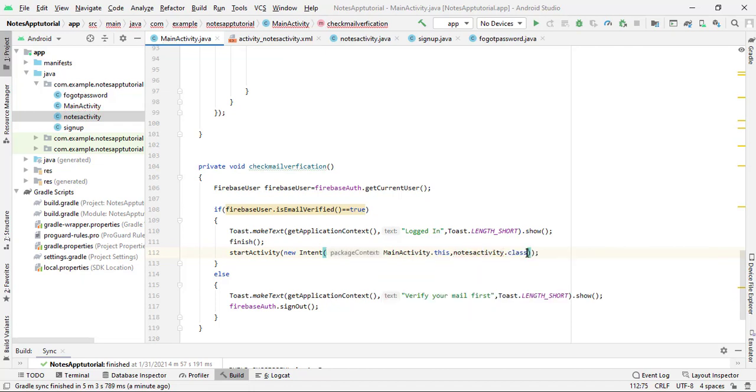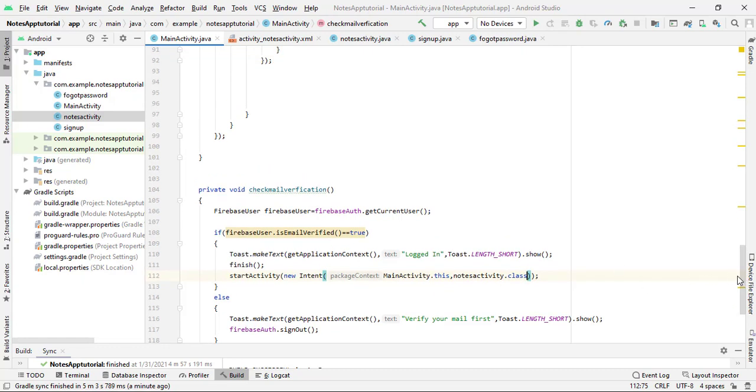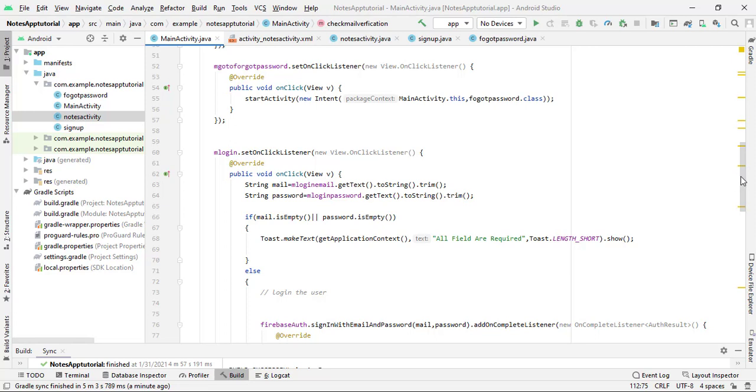So now it's time to check our app, and maybe you are confused why I use checkEmailVerification and do this type of coding. Just after running I will explain all the code, so don't skip the video here and simply stay with me to the end of the video and I will explain all the code, so don't worry. So I use debugging mode for checking my application.